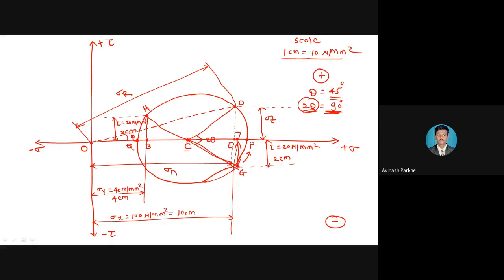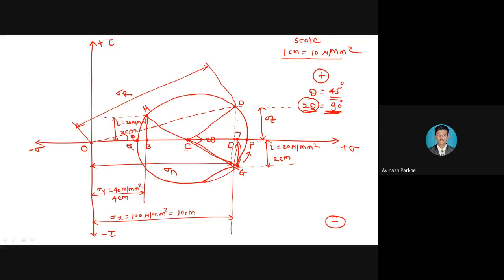I got the point C, and by taking the radius CH or CG, I have drawn one circle, and that circle passes through the points H and G only. Then you will get new points P and Q. Then by taking the reference line CG, from this particular point G, I have represented the 2 theta angle,